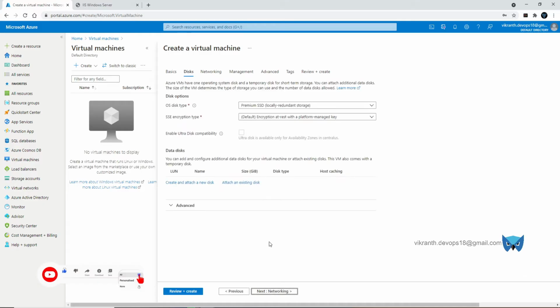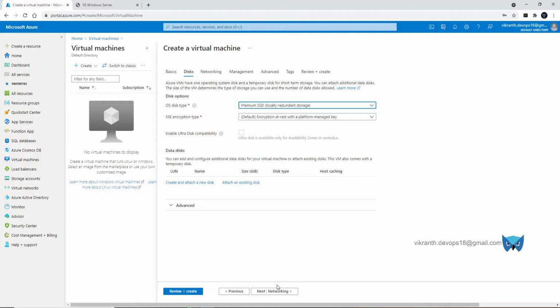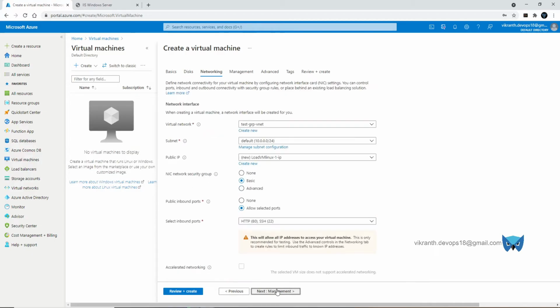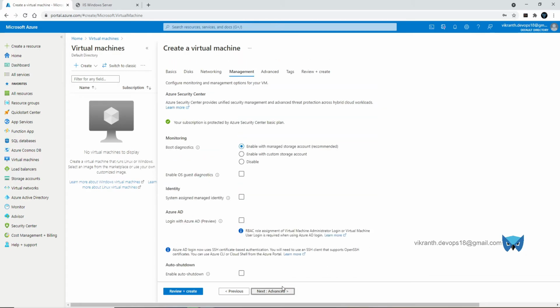Click on disk. So as per your request, you can select your SSD or HDD or SSD standard. So in my request, so this is the demo, right? So I'm selecting premium SSD and the networking. As earlier I said, when we are creating any resources, it will be creating virtual network, subnet and IP address for the VMs. Okay, management, you can keep it